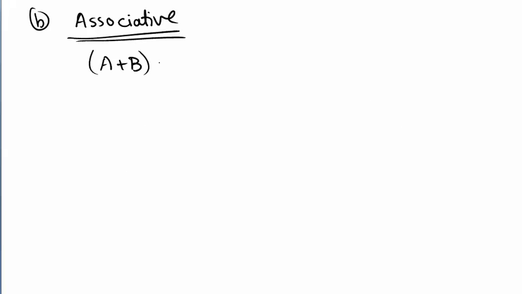The second property of matrices is that matrix addition is associative. What do I mean by associative? For example, if I say A plus B plus C, what do I mean by the bracket here? First I have to add A and B and then we will add C. Let's say this is equal to X. Then this will also be equal to, if I put it something like this,